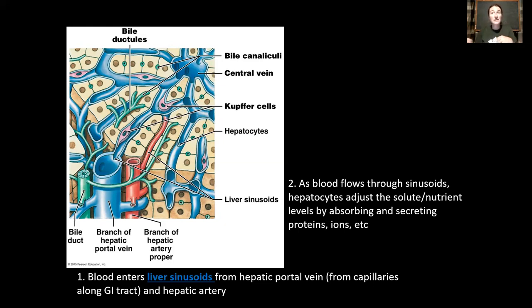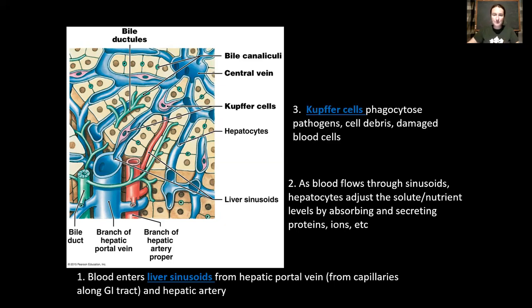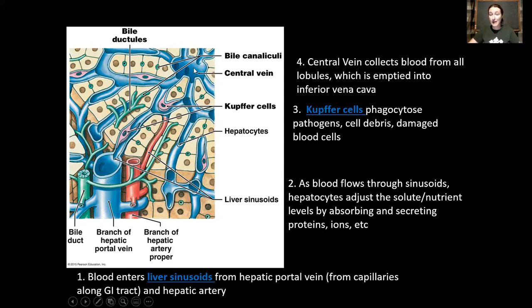Anything that is toxic, we will pull out of the blood as well. Anything that is a little bit funny, doesn't look exactly right, is going to be broken down by these Kupffer cells. So the blood is going to be modified quite substantially by the cells as it flows through the sinusoids towards the central vein. And the central vein is going to collect blood from the lobules and then ultimately empty it out